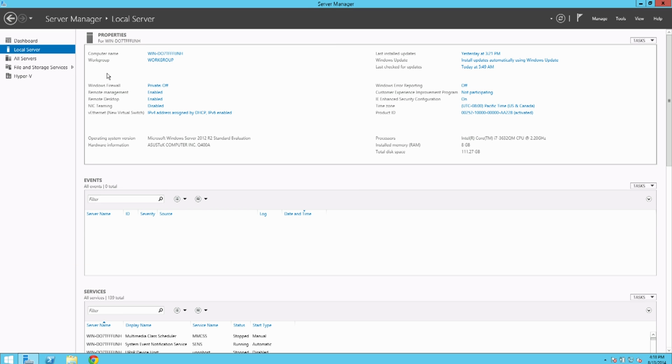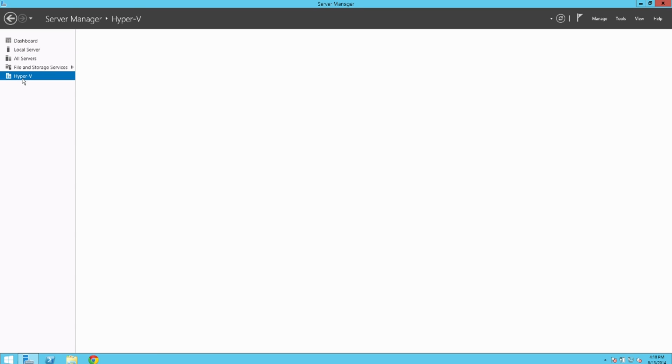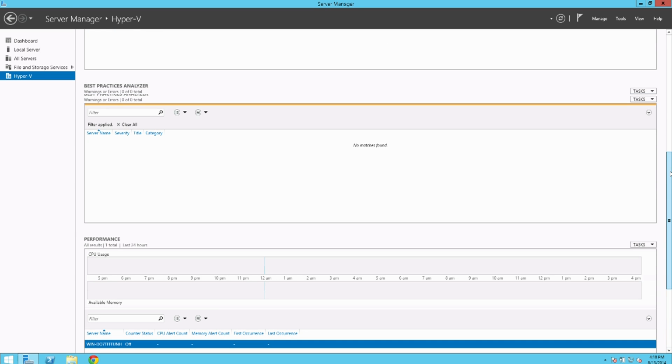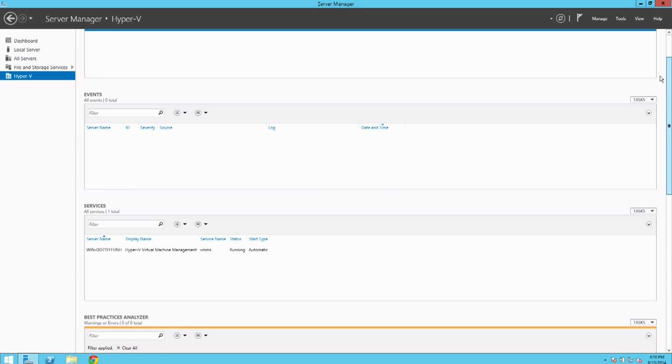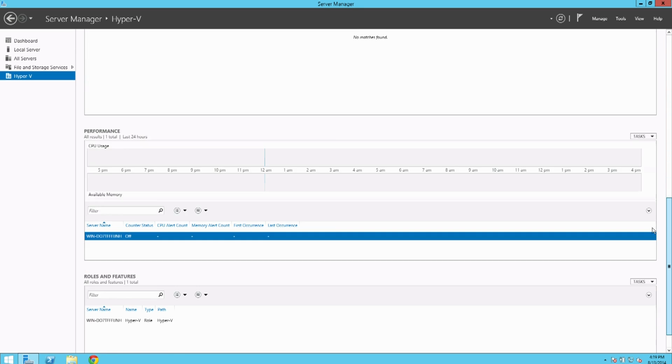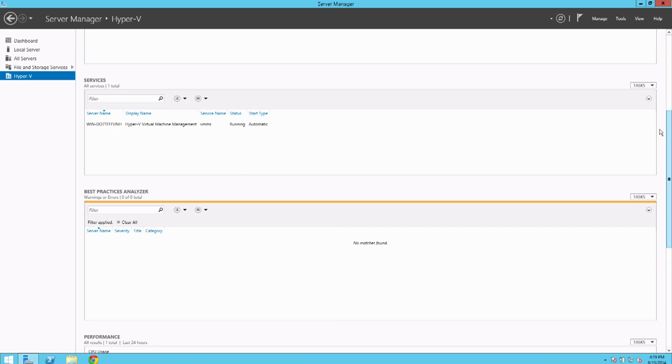So then once you have installed Hyper-V, again, Server 2012 is a little confusing, because you'll see this little link on the left-hand side. You'll be like, wow, look, I've got a link. What can I do with this link? And the fact of the matter is you can't do very much with this link. This link just shows you some information that may or may not be important if you actually have a lot of